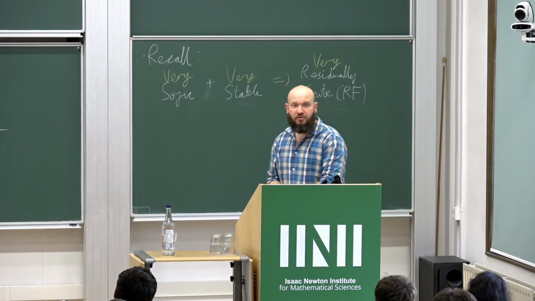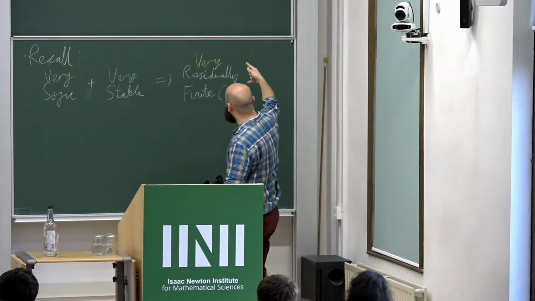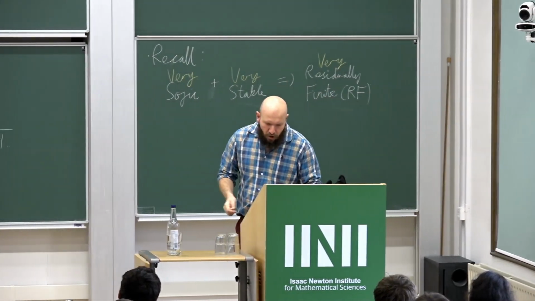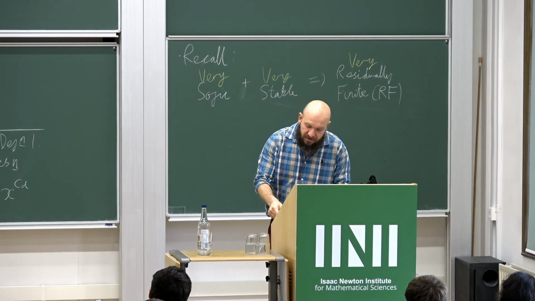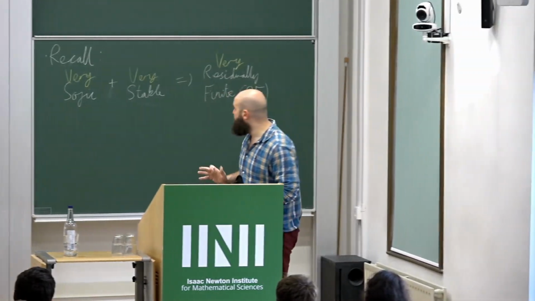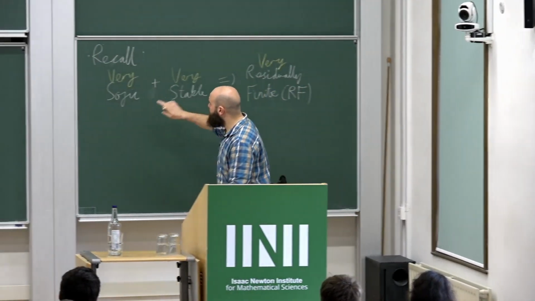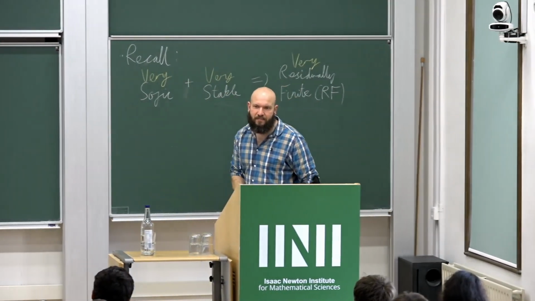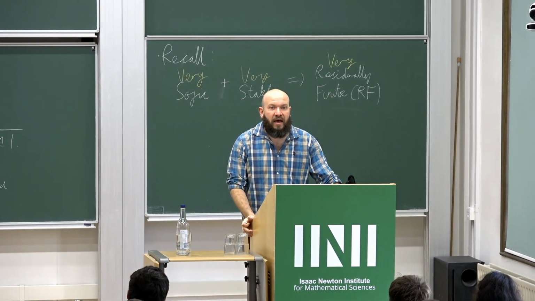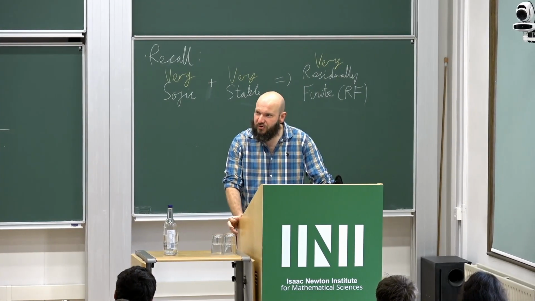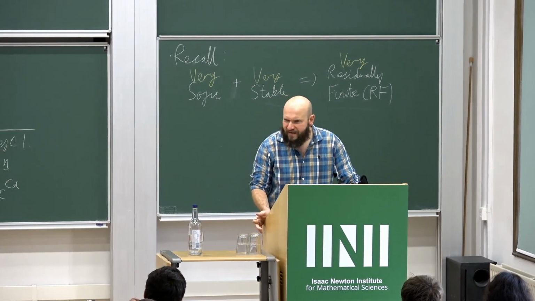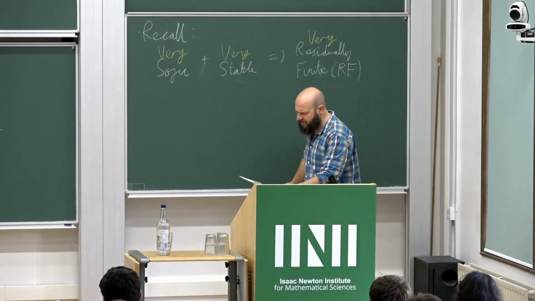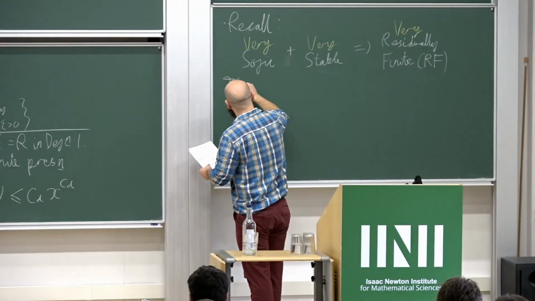However, we do have ways of proving groups are not very residually finite. That's something we can do. So what I have been able to do is use this strategy in another way by saying if you have a group that is very sofic but not very residually finite, then you conclude it is not very stable. Now, in and of itself, that's not interesting at all because your group might fail to be stable altogether. But if it is stable, then I think you've proved something interesting there. And that is the main result,